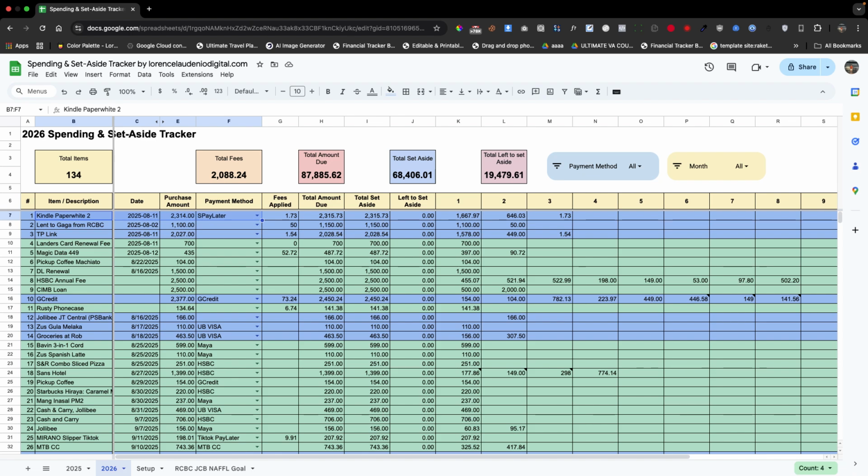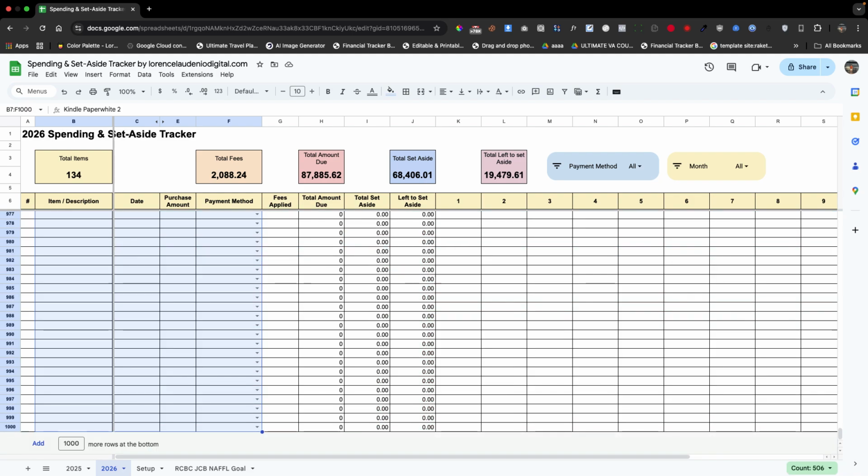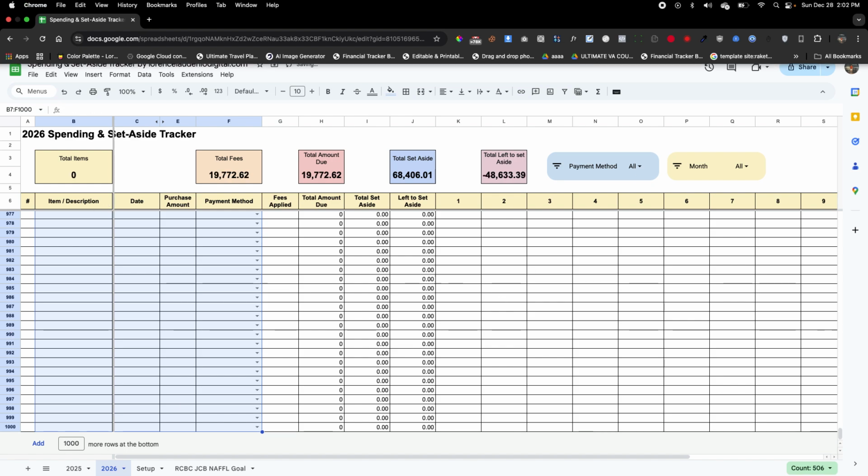Do not release shift and control, and then press the arrow down until it reaches the last row, which is 1000, and then simply press delete.